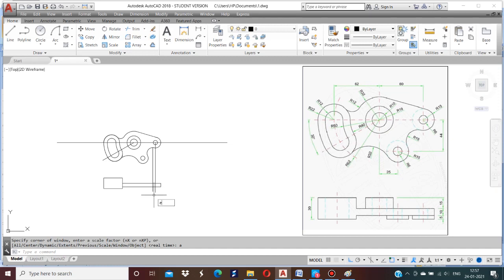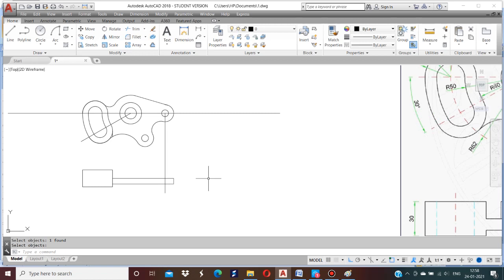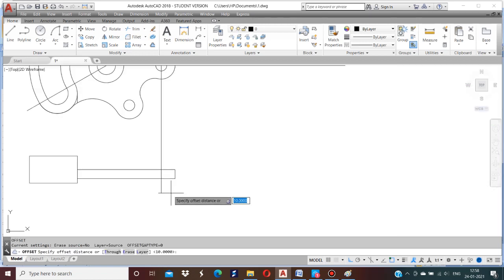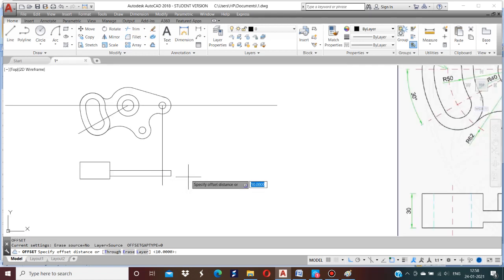Now here it is shown dotted, which means it is a hidden line. Okay, then the offset distance. The boss radius is given as R15. The boss radius is given as R15. Okay, so here it is given as 30 mm.